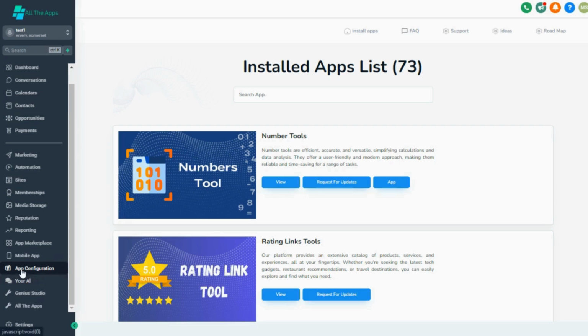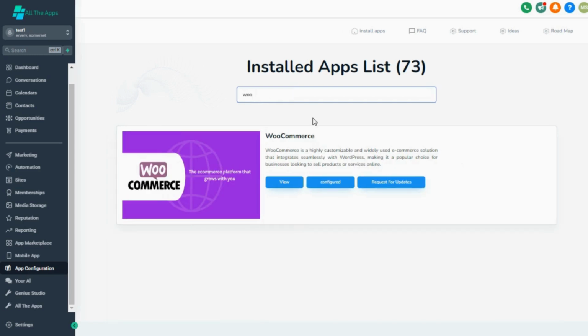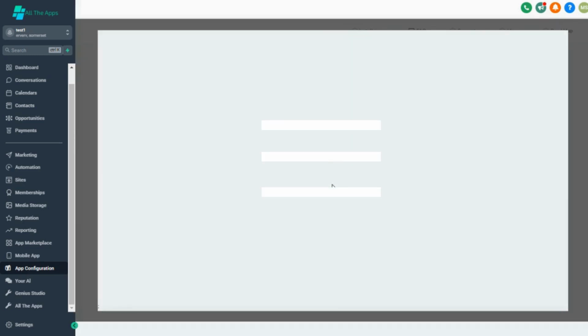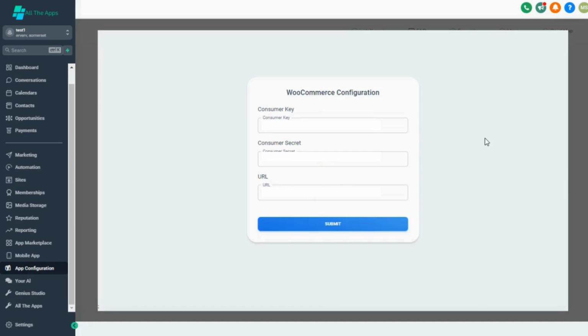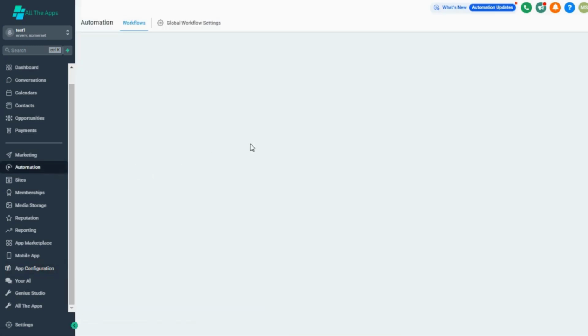We have to find app configuration and find WooCommerce. Get it configured. As you can see, we have already entered the data for the consumer key, consumer secret, and the base URL. You do not have to enter any slash on that. Submit with that. And it is successfully configured now. After that, we will be moving forward towards the automations